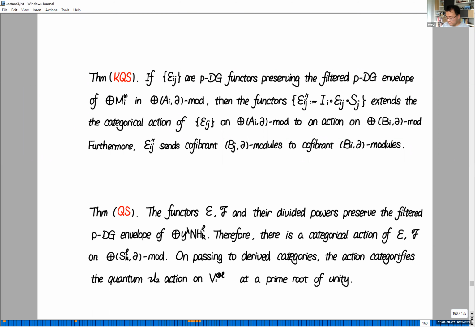And in the particular case of Quiver-Schur algebras, you see that these functors E and F do satisfy this condition, and that's in my paper with Josh Sazdanovic, that they preserve the filtered pDG envelope, and therefore there is a categorical E F action on the Quiver-Schur algebra side. And when you pass to derived categories, this action categorifies the quantum SO2 action on V1 tensor L. Okay, I think I'm out of time,